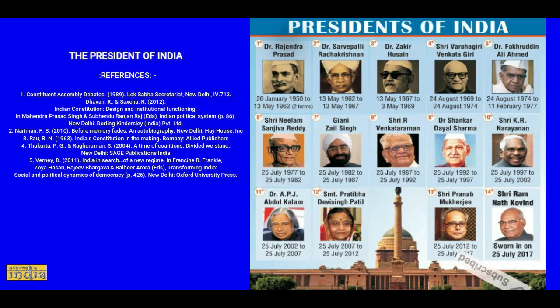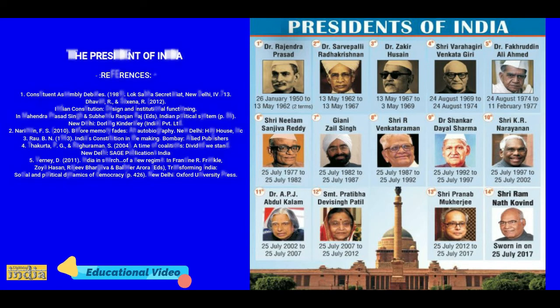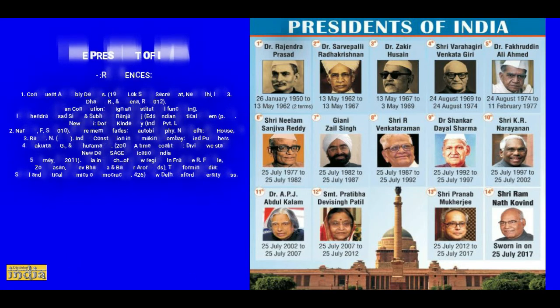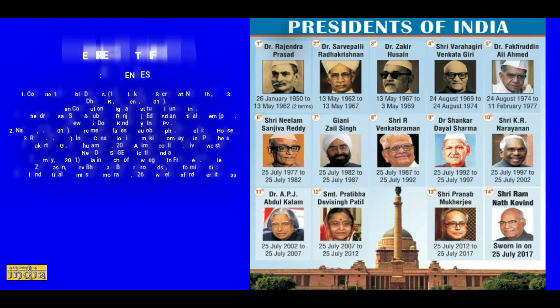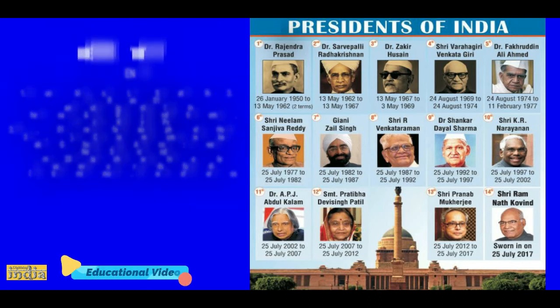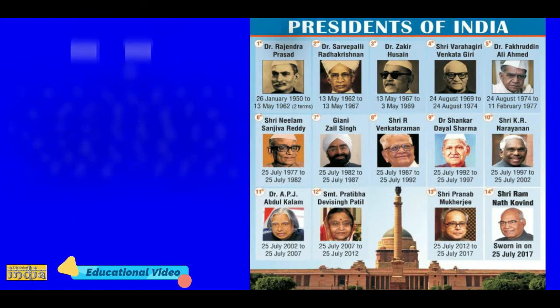He also appoints the chiefs of the service branches of the armed forces. Number 9. Emergency powers. Emergency due to armed rebellion or external aggression. Emergency arising from the breakdown of constitutional machinery in a state. Number 9.1. Financial emergency. Proclamation of national emergency by the President of India. The President of India may issue a proclamation of national emergency when the security of India or any part thereof is threatened by war, armed rebellion, or external aggression. Such a proclamation of emergency may remain in force for an indefinite period.